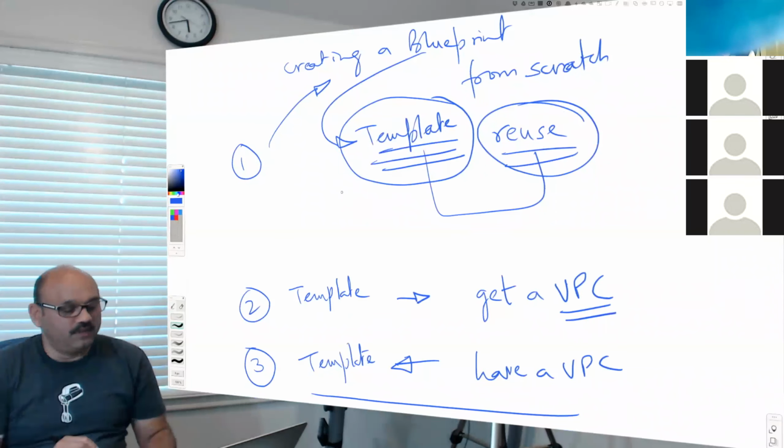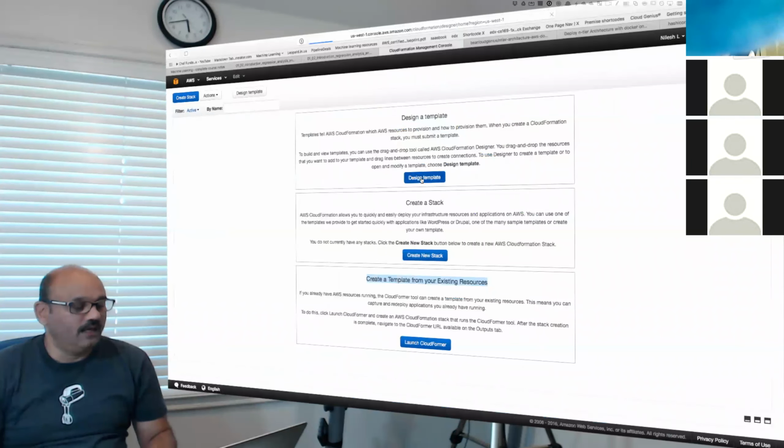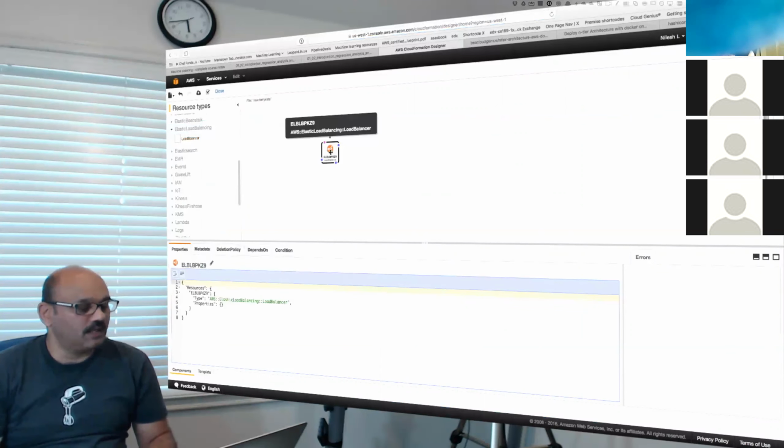When you design from scratch, you're basically dealing with a visual designer tool that looks like this. Let's say you have a load balancer. Let's find out where the load balancer is. Under load balancing, you get the load balancer and you put it like that.